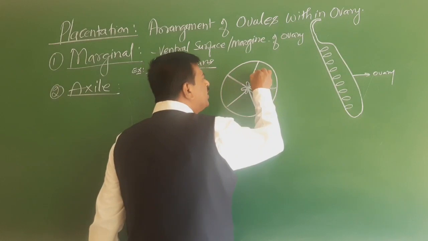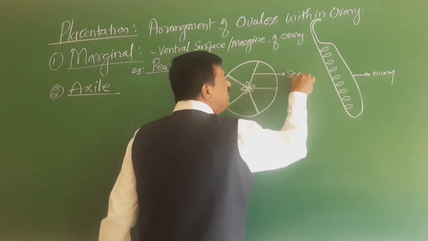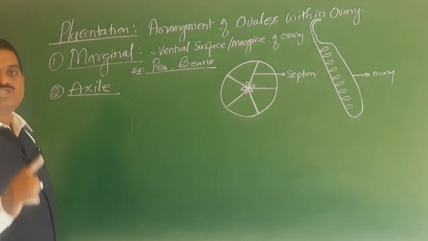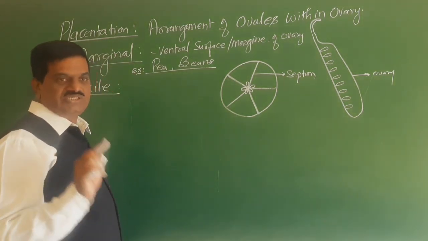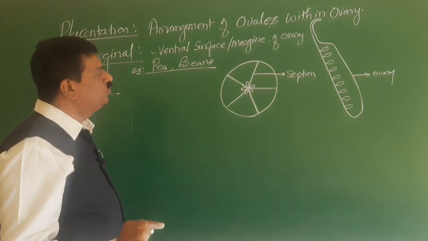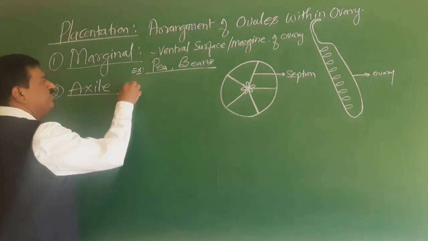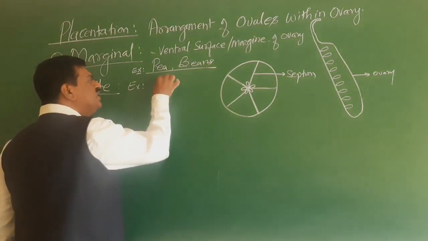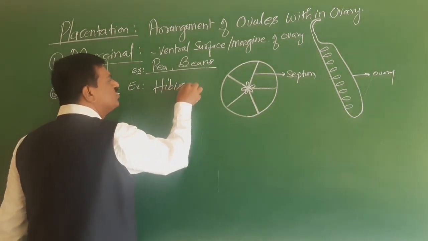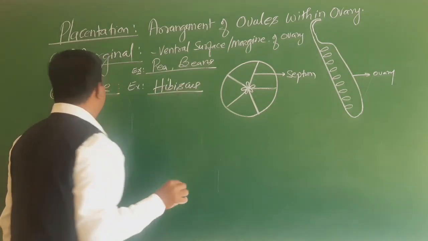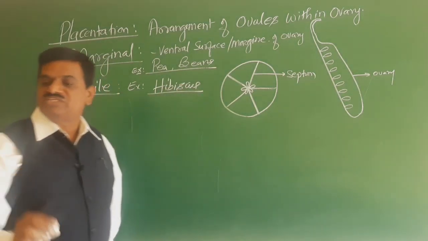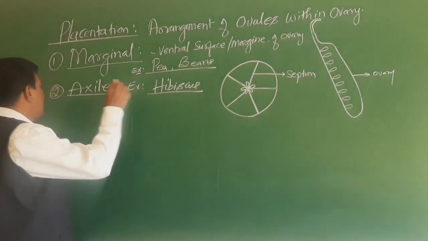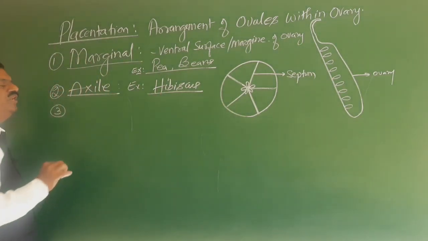But here you can notice that the septum is present, they are fused. So we can use the word syncarpous. Syncarpous, pentacarpellary ovary, axial placentation can be noticed, and this can be noticed in hibiscus. So in a hibiscus, you can see there is a presence of axial placentation. Even in tomato, even in lemon, the presence of axial placentation can be noticed.